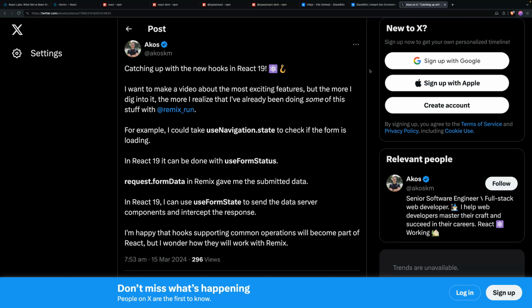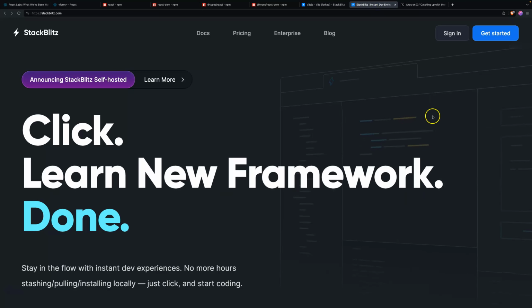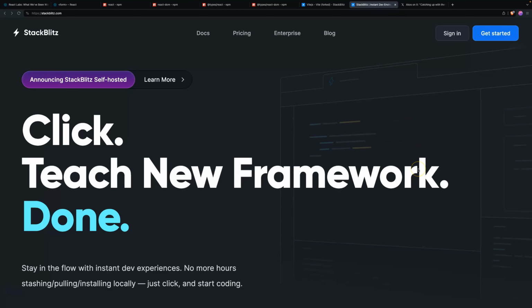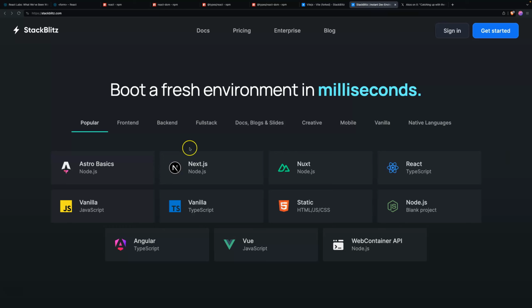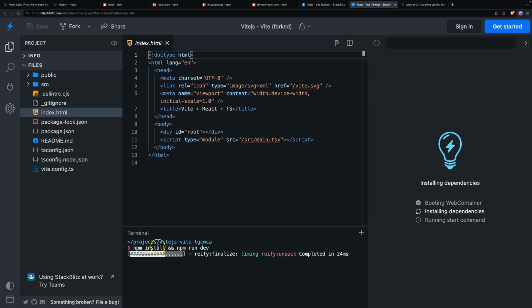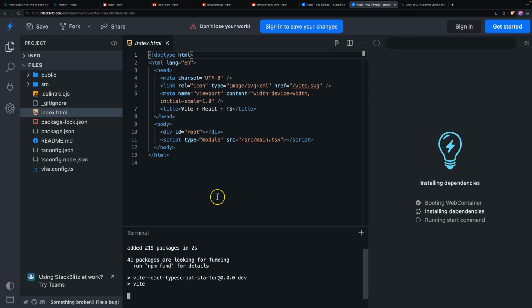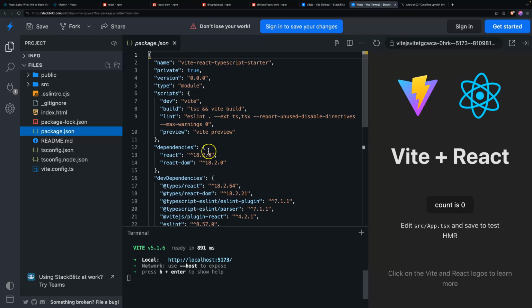By now you're probably asking, okay, how can I try this on my machine? Well, fortunately, you can use a service called StackBlitz that I literally discovered yesterday, and they have all these virtual machines here. And from popular, you can select something like React TypeScript. So if you click this, you get a machine with access to the terminal where you can do npm install, npm run dev, stuff like that. So what you get here is a React application run by Vite. If you look at package.json, this version is